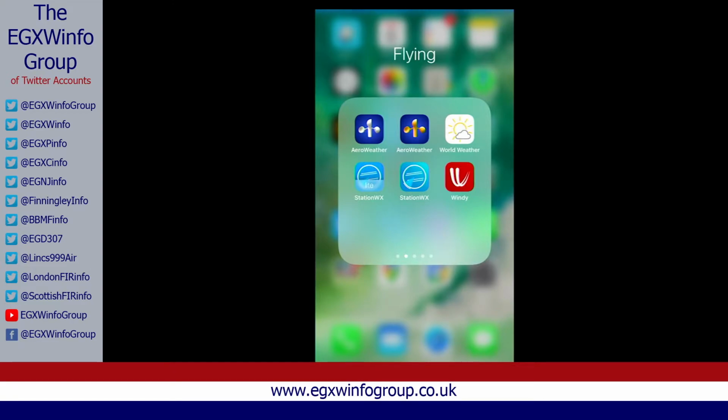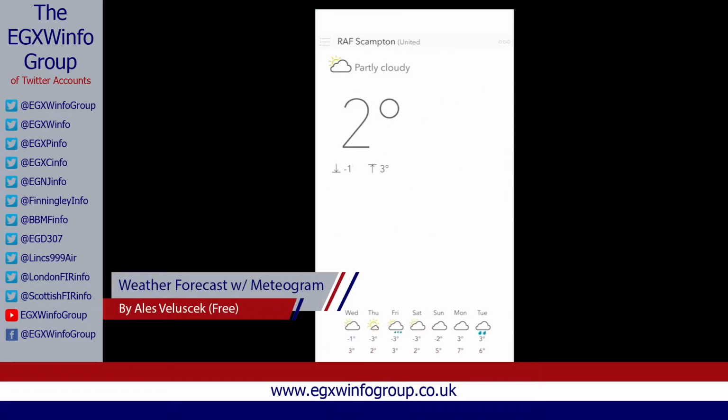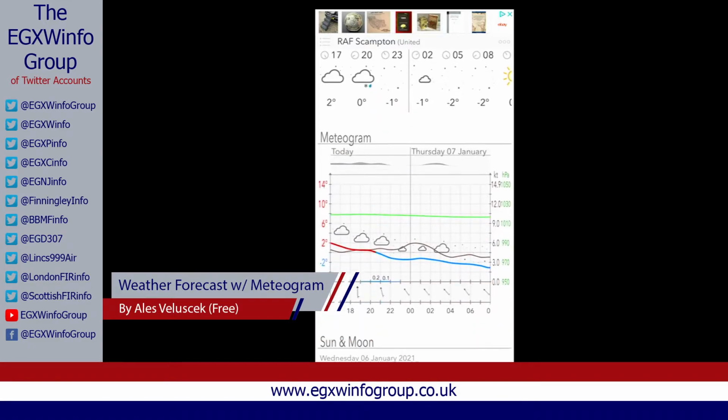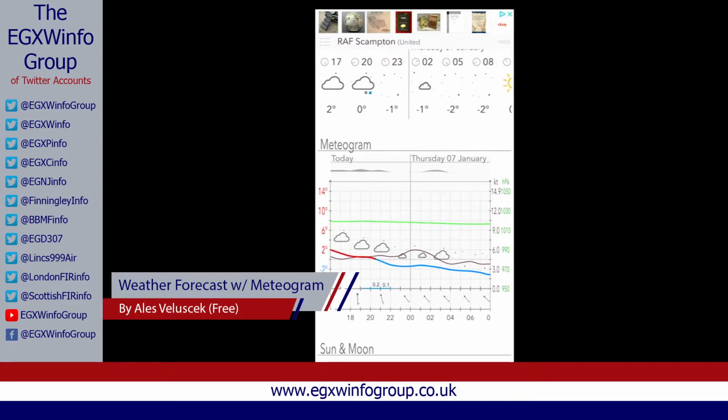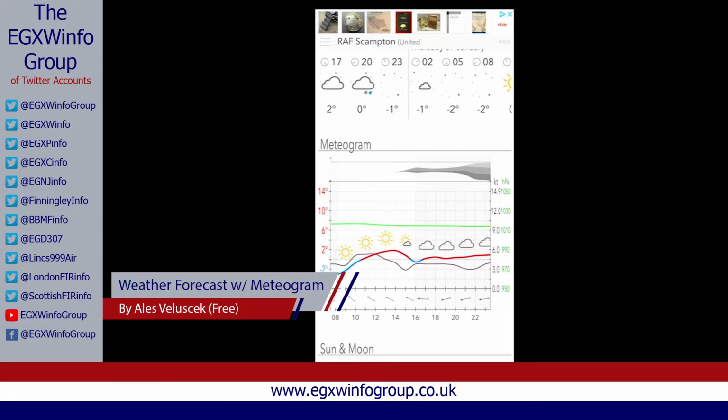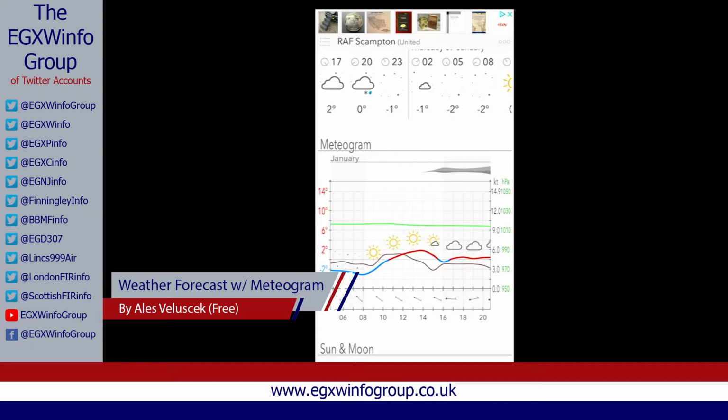Now this next one, World Weather here, this isn't actually an aviation app, but I'm a bit strange and I like my graphs. They've got this meteogram here, and when I look at a graph I get so much information because I'm kind of neurologically programmed that way. So I appreciate some of you won't enjoy this feature, but if there's anyone strange out there like me that loves a good graph and can just see so much information from a graph and trends, I think this is